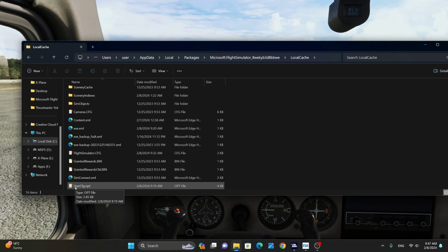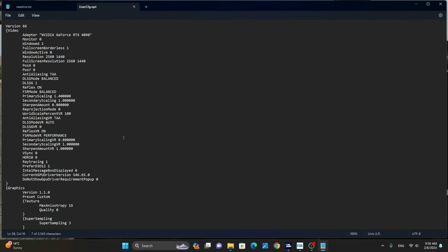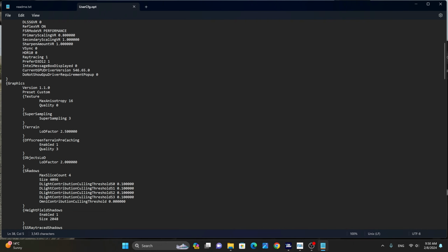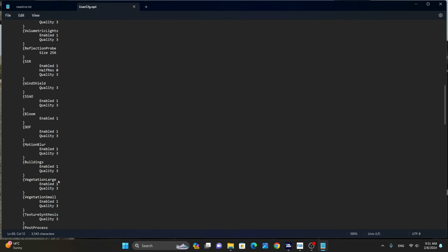your favorite text editor. Once you have opened your user config file, we're going to scroll down to the graphics section here. Please make sure that this is not graphics VR, but graphics. Next, we're going to go to the shadows. From the shadows subsection, we are going to change the size to 4096. This is more than likely going to be 2048, which is the 2K resolution. This is the maximum resolution that you'll see in your Microsoft Flight Simulator settings menu. We are going to force 4096, and then we're going to move to the post-process section of the file,